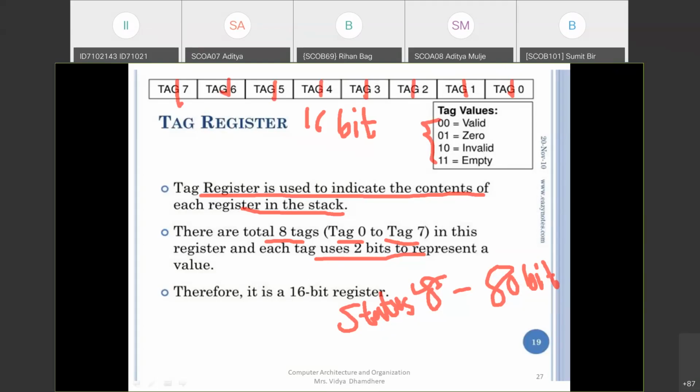Each register can have the value 0, 0, 0, 1, 1, 0 or 1, 1, and the meaning is mentioned here for representing that particular value. So therefore it is a total of 16 bits.